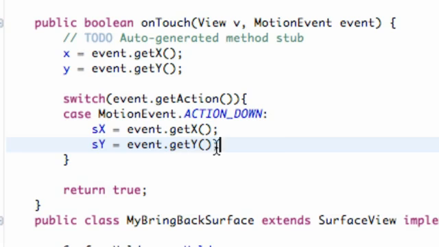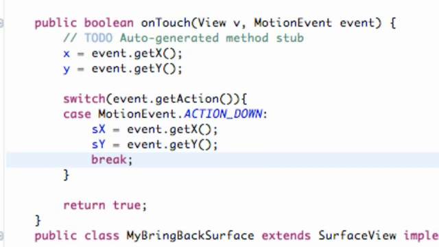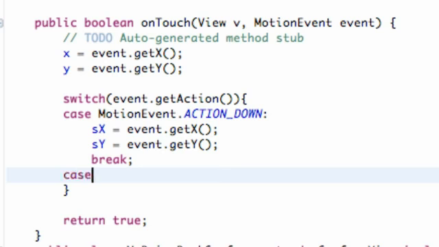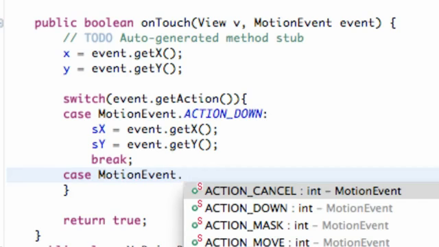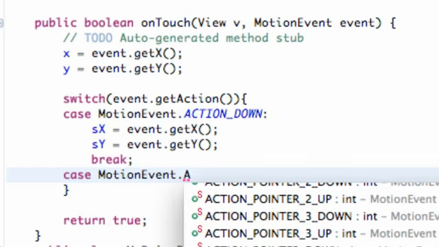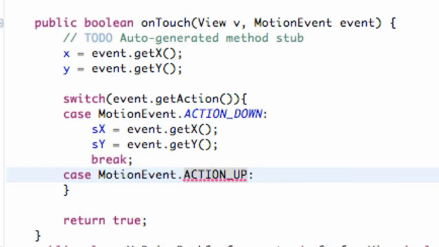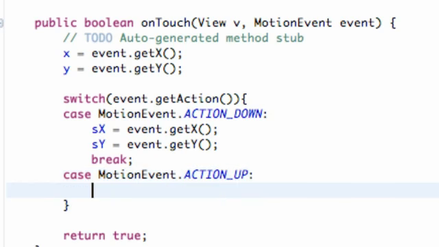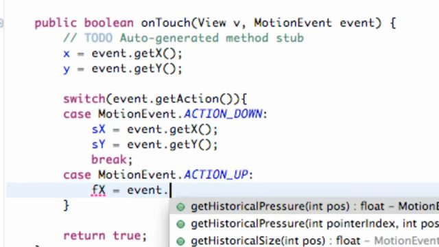and there we go. And then all we have to do is say break here, and then we're going to set up our other case, which is going to be the release. So we're going to say motion event dot action up. So type that out, and that's when we're going to let our finger off of the screen, and then we're going to set up our final X, and this is going to be again event dot get X,